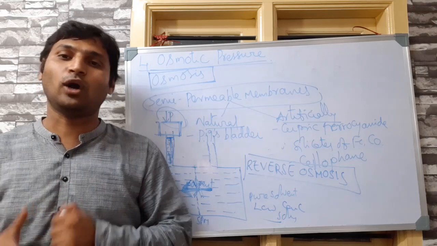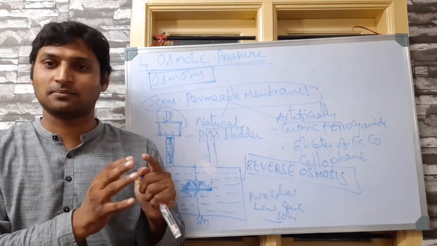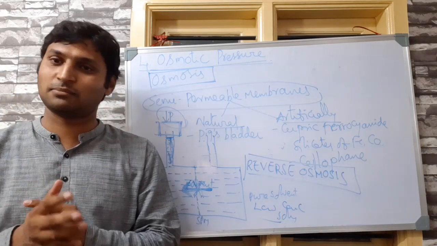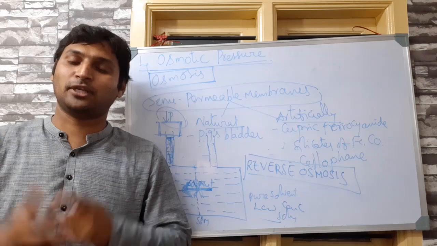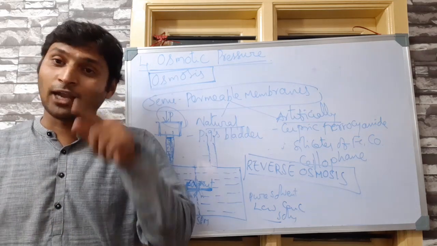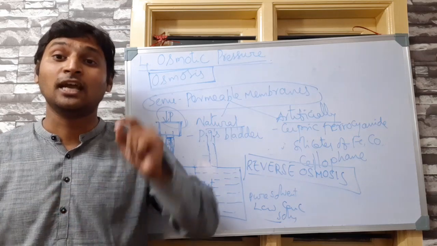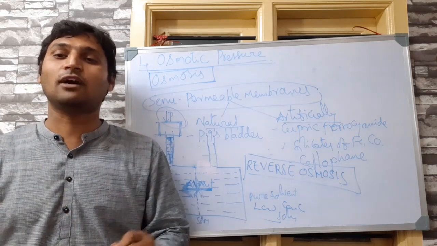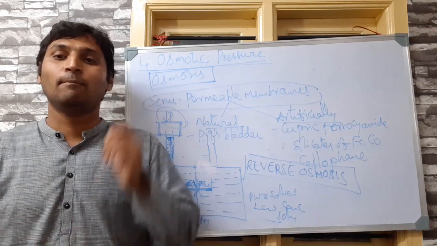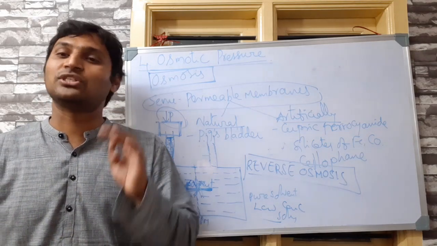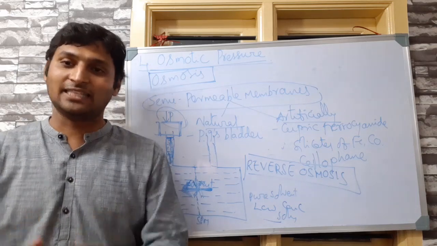Clear? Now what are we left with in this? Now we understood the meaning of osmosis, we understood the meaning of osmotic pressure. Now we need to understand why and how osmotic pressure is a colligative property. And you know very well, a major application of colligative properties is to determine the molar mass of an unknown solute. Now, how are the molar masses of unknown solutes determined using osmotic pressure? These two things we have to understand now. Okay, let's proceed.